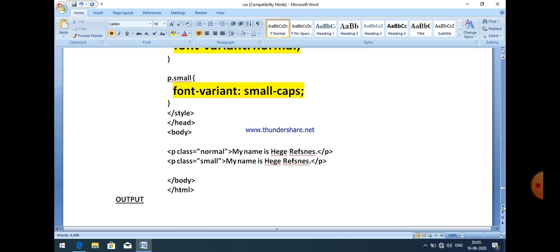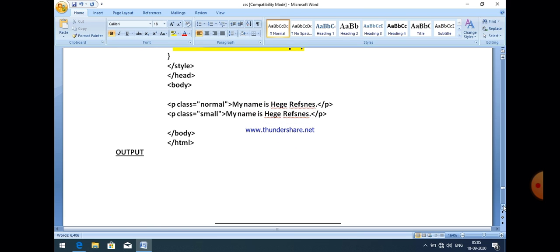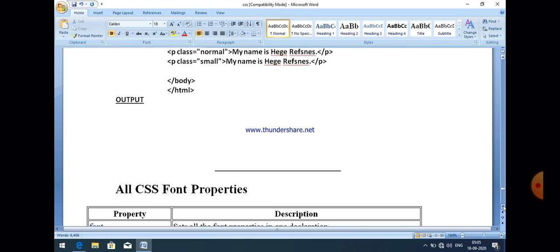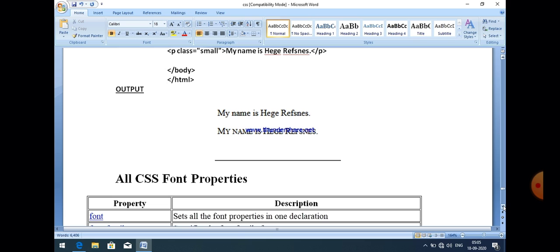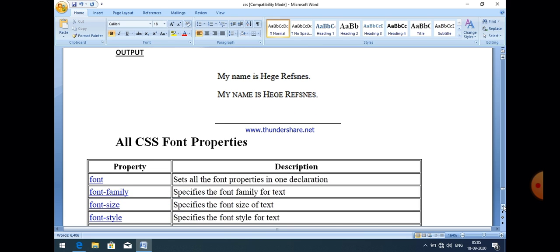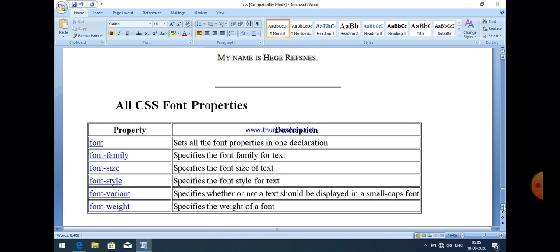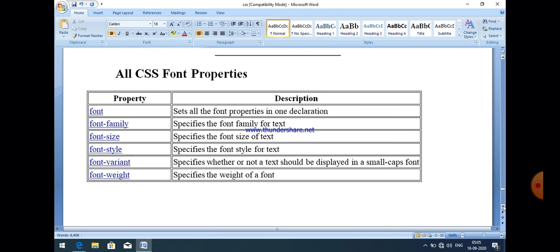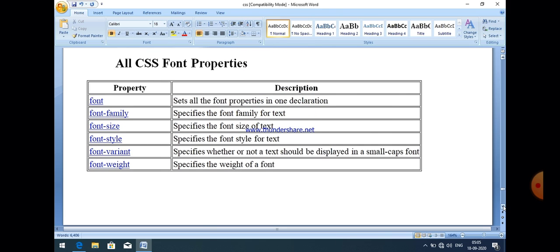And the main program, or the HTML portion of the program, starts from the body tag here. Now you can easily see that is the output. When we look at the second line, "my name is", in this line you can easily see that the lowercase letters which are converted to uppercase take a smaller size as compared to the capital letters that are already a part of that paragraph.